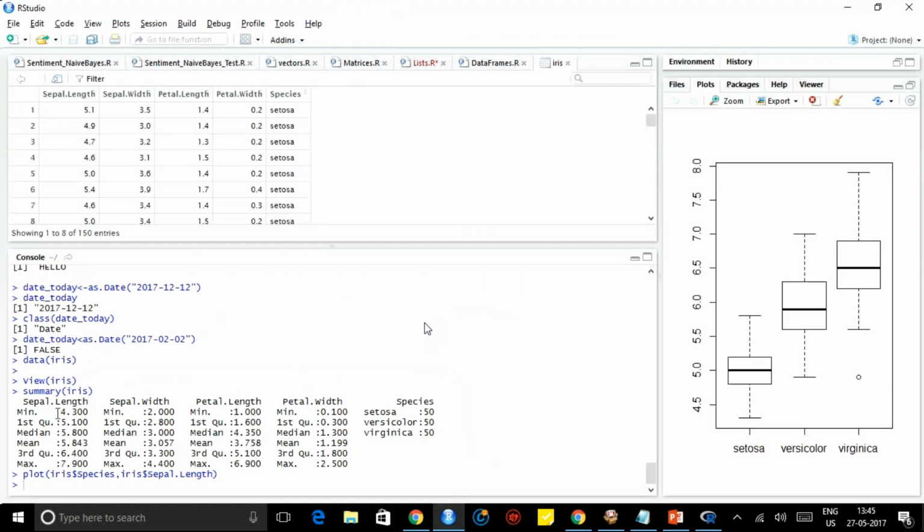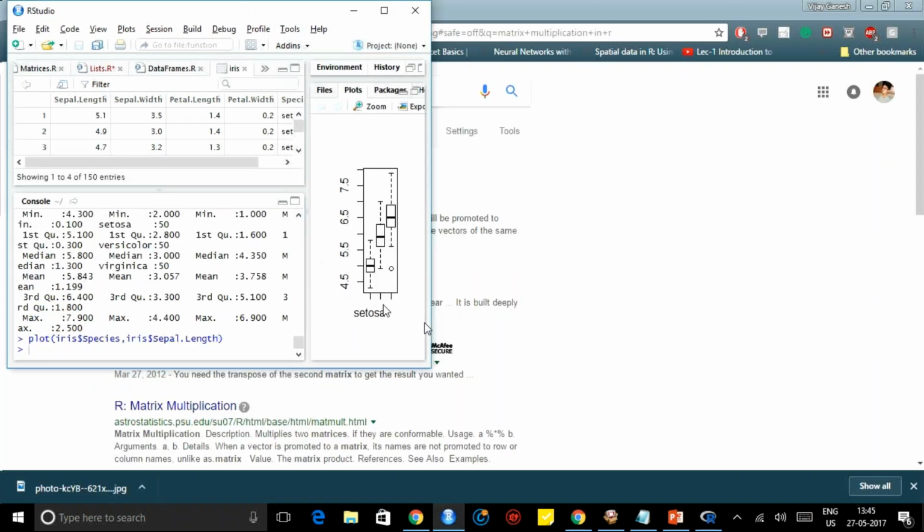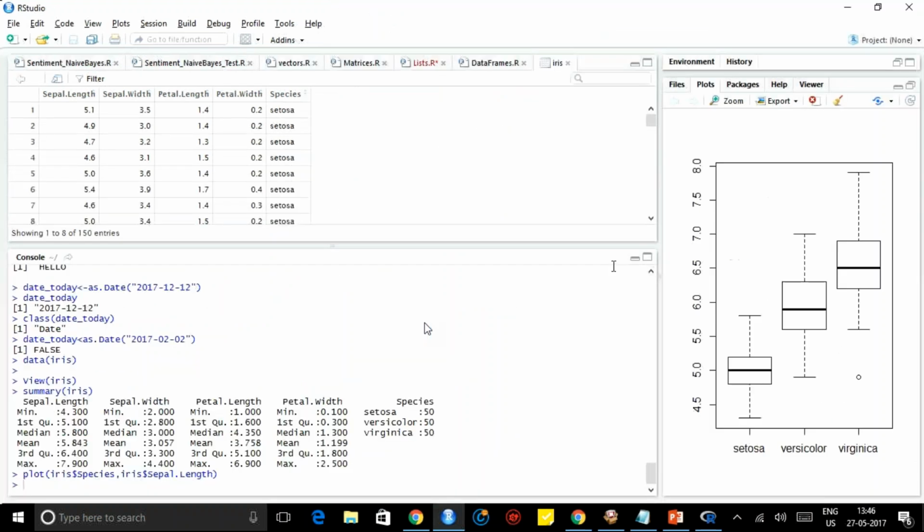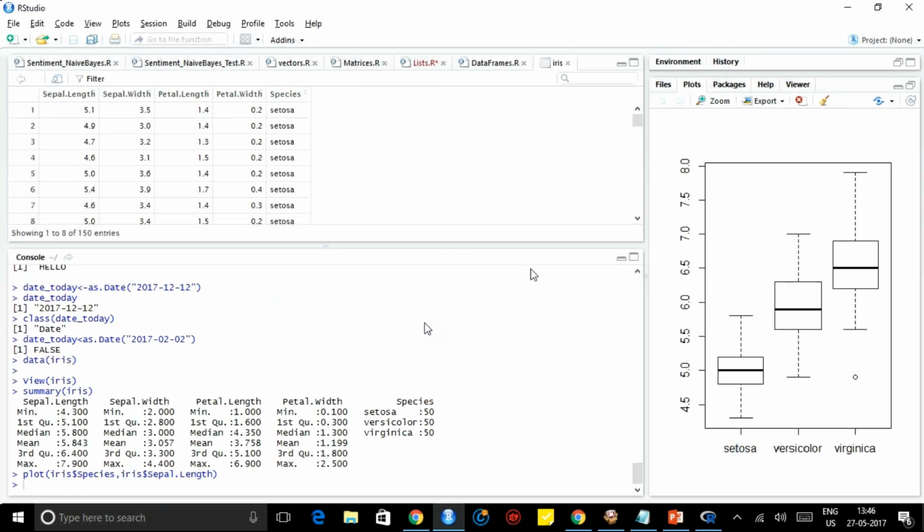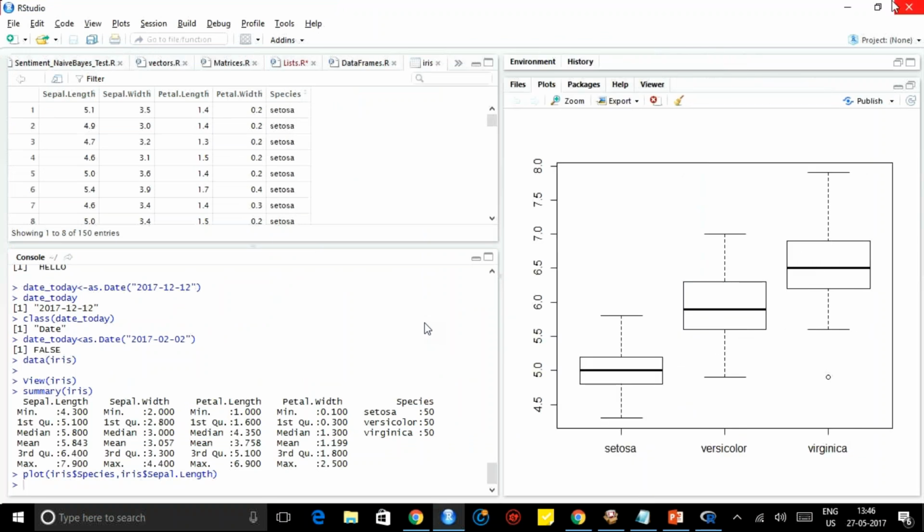The minimum was 4.3, and 4.3 is here. The first quartile was 5.1, maybe somewhere around here. Okay, from this graph itself, you can basically understand something, right?